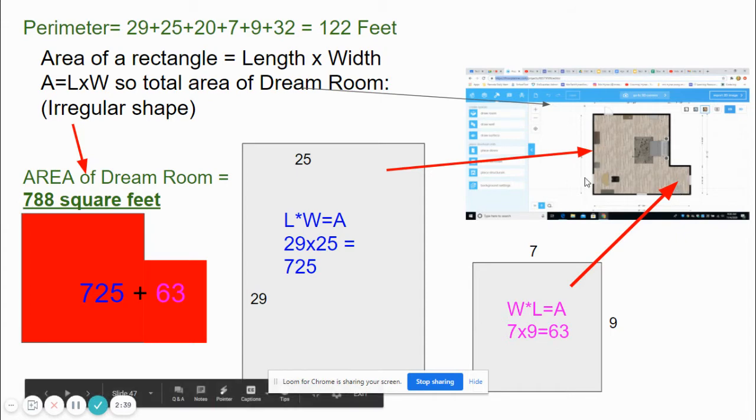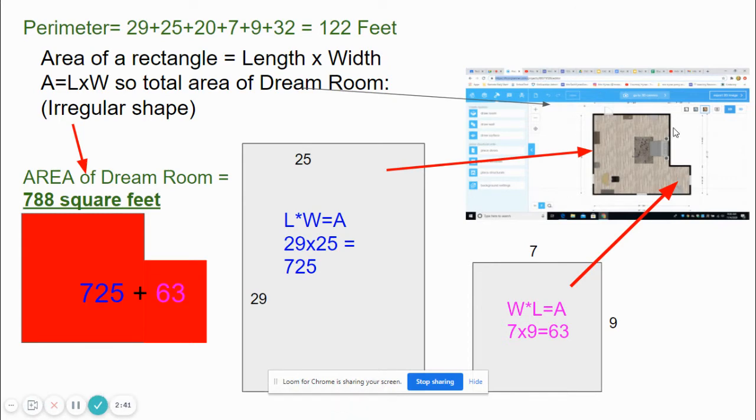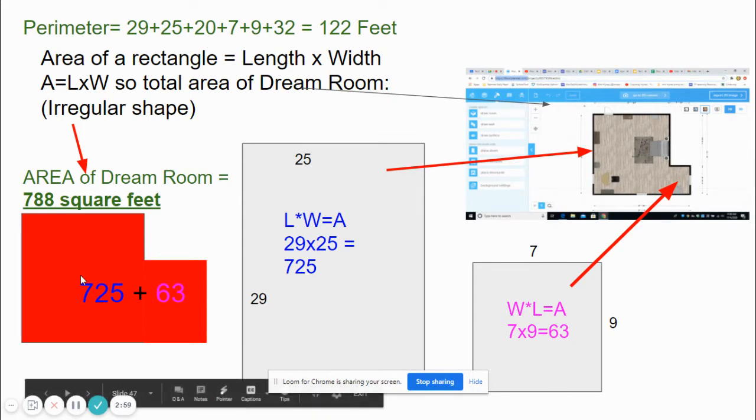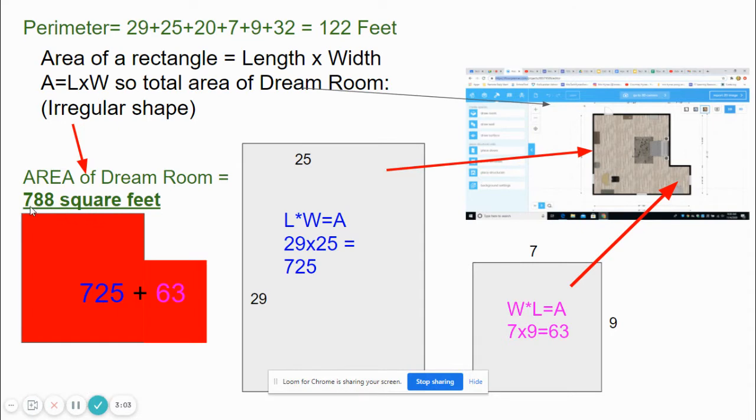My other area of my dream room space measures 29 by 25. So area is still, for a rectangle, length times width. So my area for that space is 725. If I add these two spaces together, that gives me my total area. That's what I tried to show here. So the total area of my whole dream room is 788 square feet. Okay, so I just wanted to show you my math and explain it, because you're going to do this on